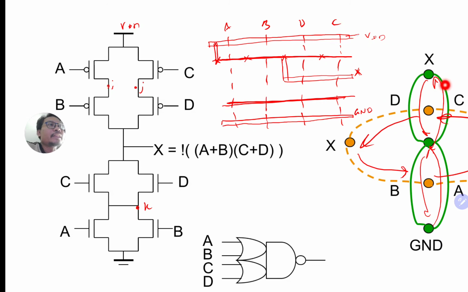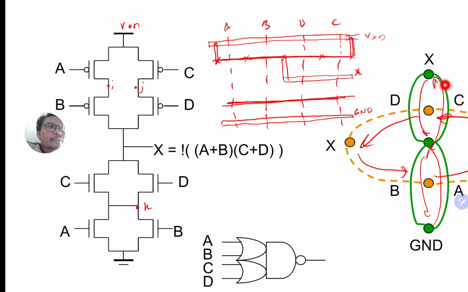C is also connected to VDD, so you need to have another one there. Okay, so C is connected to VDD and also connected to D, and then D is connected to C and also to X. So done with the PMOS,